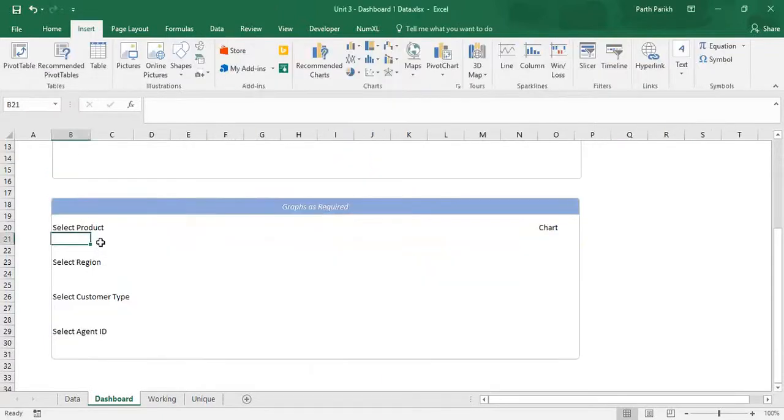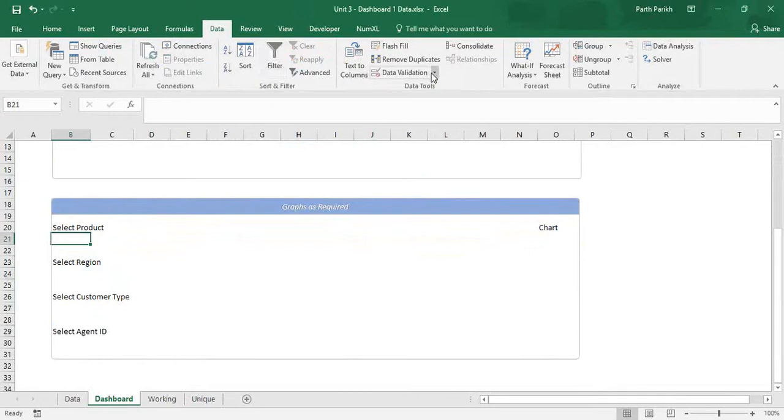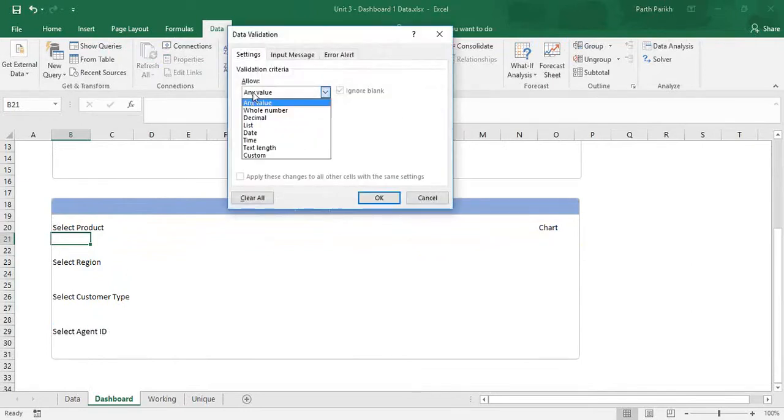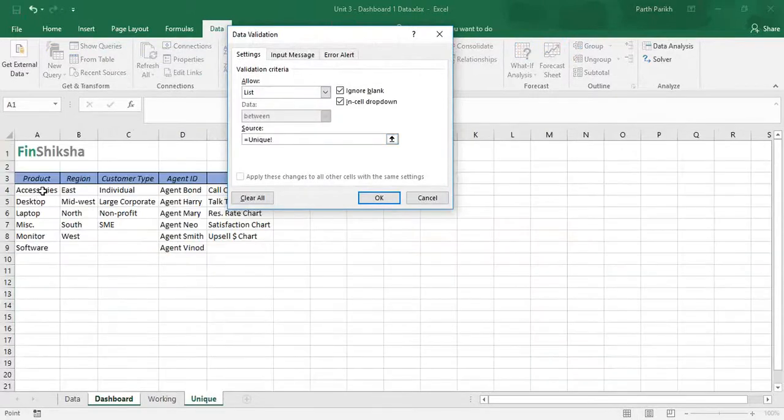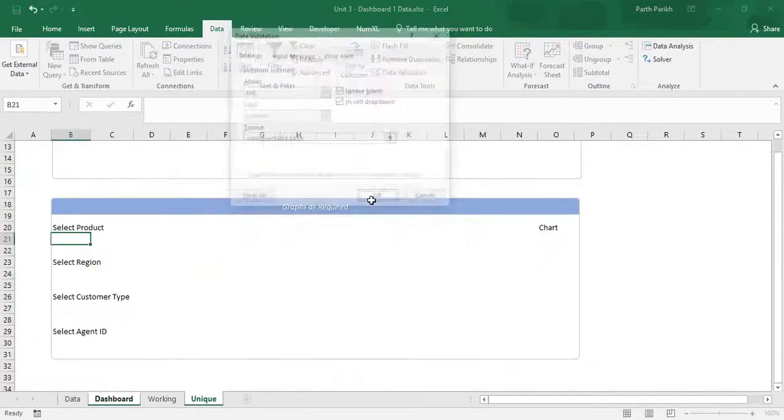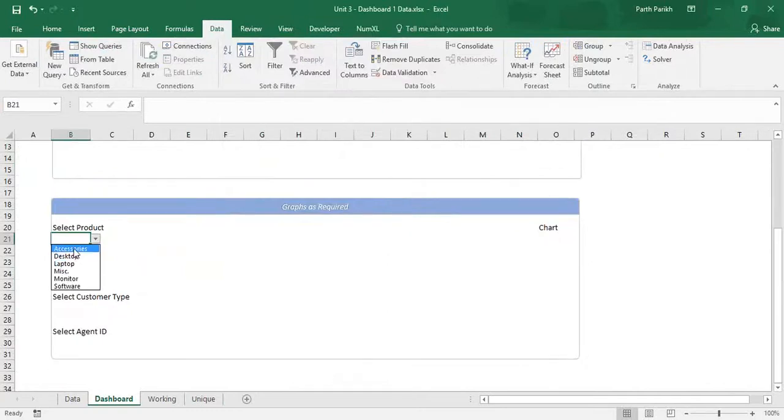So we will create a drop down. There are multiple ways to create a drop down. One is in this data, there's something called data validation. You click on data validation, you click allow, you click on list, source will be your product, and you click OK. So this is one way you can